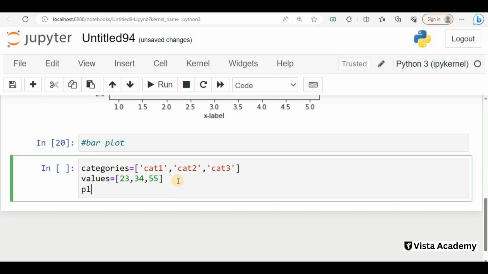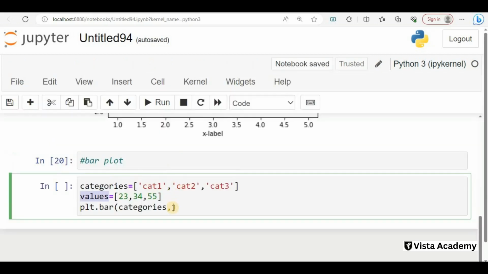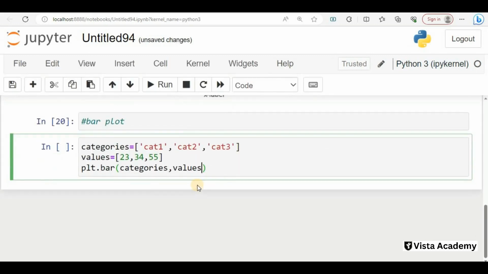So I will put here plt.bar, then I will put categories here, then comma, then I will put values, and after this, if you want to give some color here, I will put color equal to b. So I will put this color there.